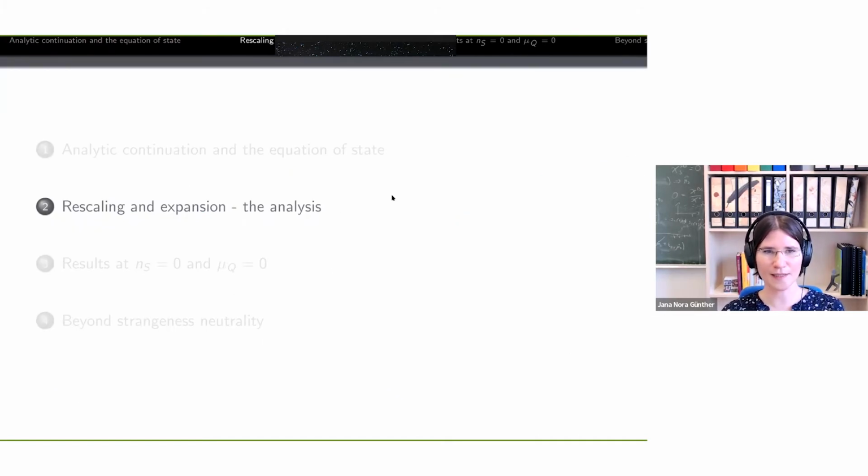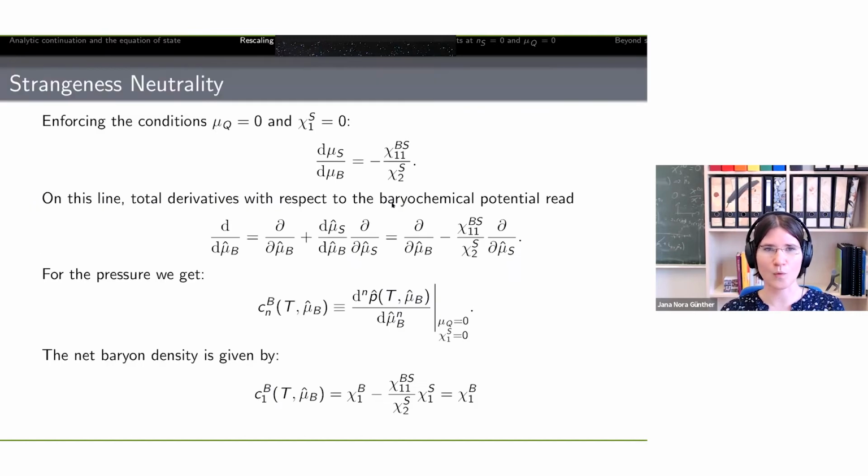Okay, so how does this analysis work? Especially now we want to go to strangeness neutrality. That was our paper from last month, not last year. And we're using the condition that the charge chemical potential is 0 and the strangeness density vanishes. This results in the derivative of the strange chemical potential, which can be noted by these fluctuations here. And it also means that every time we want to take a derivative now, in comparison to what we did before without any strangeness,